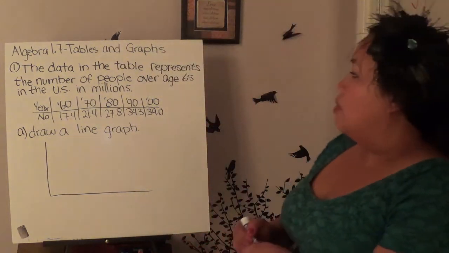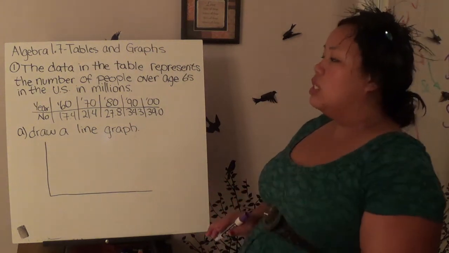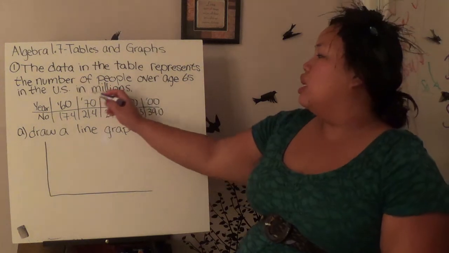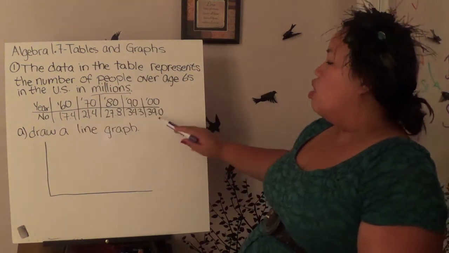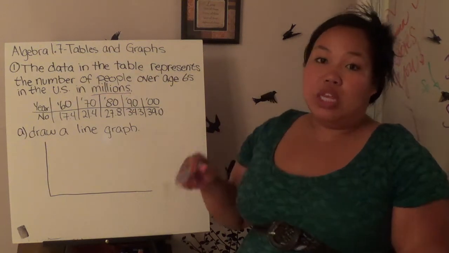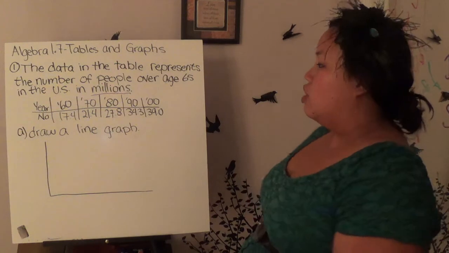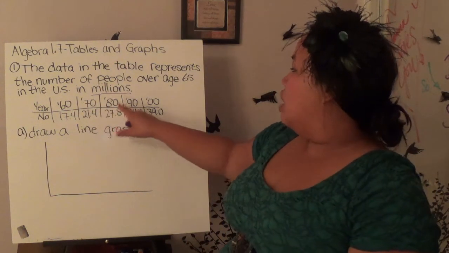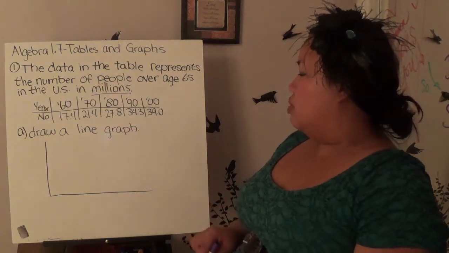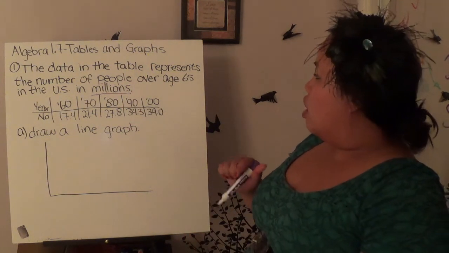Now the first question is asking, the data in the table represents the number of people over the age of 65 in the US in millions. So that means these numbers right here represent a number, but in millions. So 17.4 million, 21.4 million, and so on. And this is the year, okay? 60s, 70s, 80s, 90s, and then 2000s, right? So what I need to start with